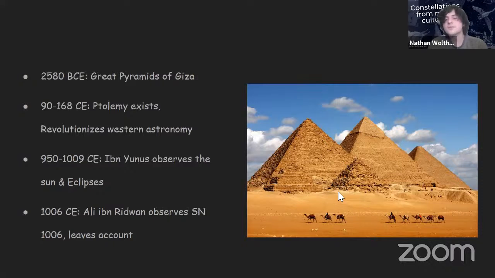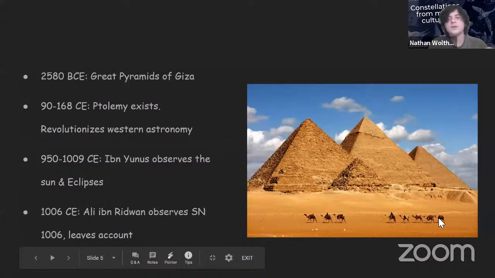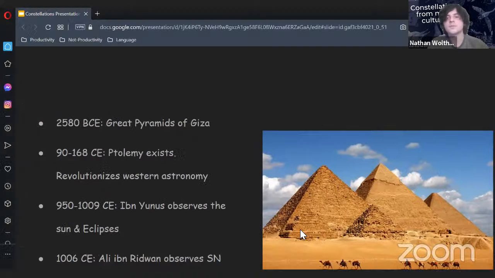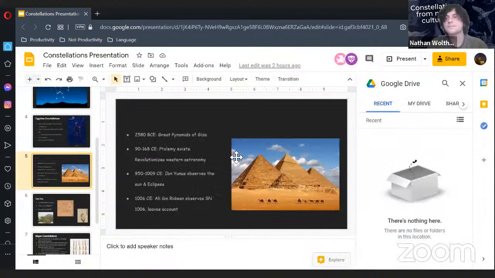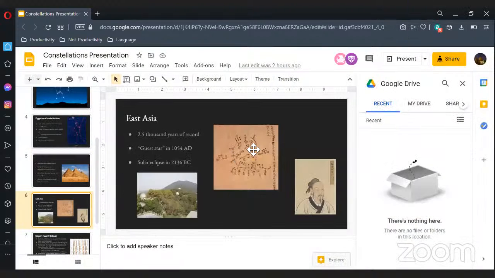So those are a few things about Egyptian astronomy. We're now going to move over to Autumn for her part of the presentation. Sounds good. So I will be focusing on East Asia,